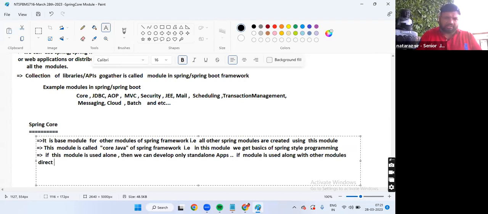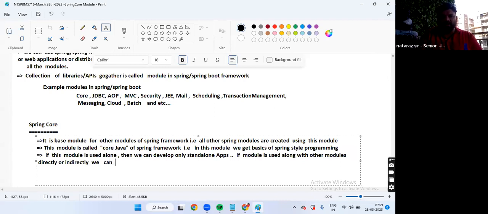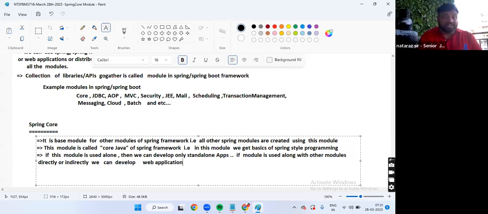Directly or indirectly? Tell me, boss. We can develop web applications and distributed applications. A distributed application means what?